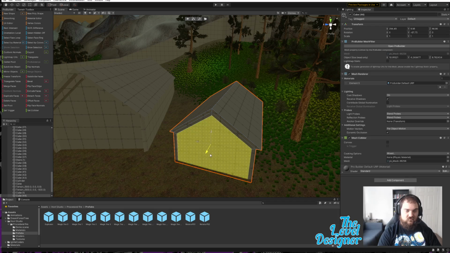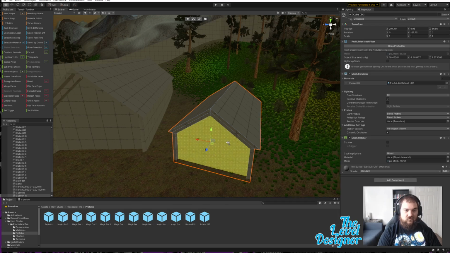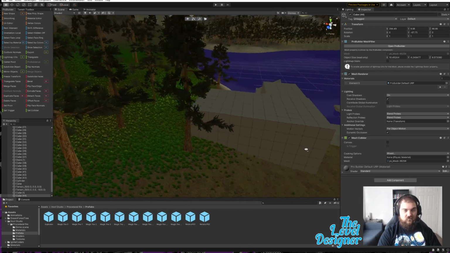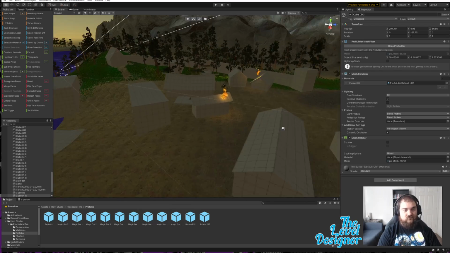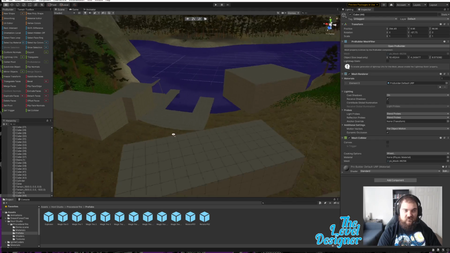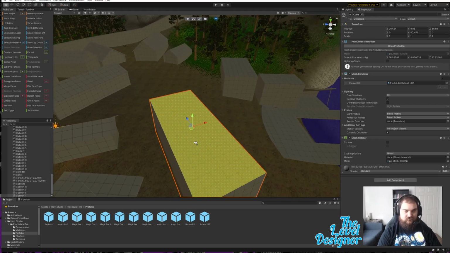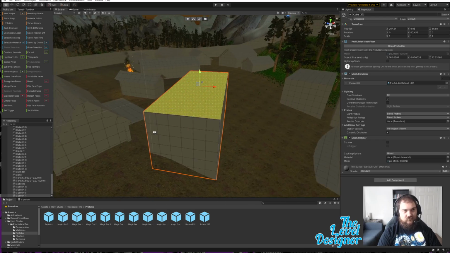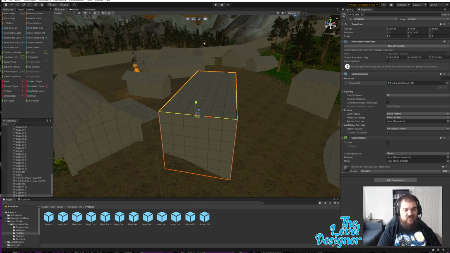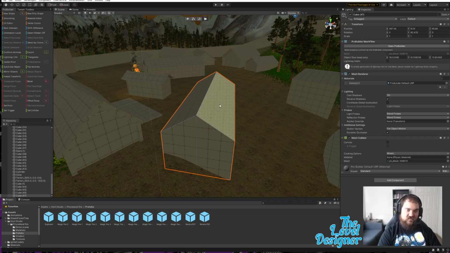Extrude. So I have a few more buildings to go. I do want to get all these buildings done before this video ends, so I'm gonna try to speed up the process a bit,